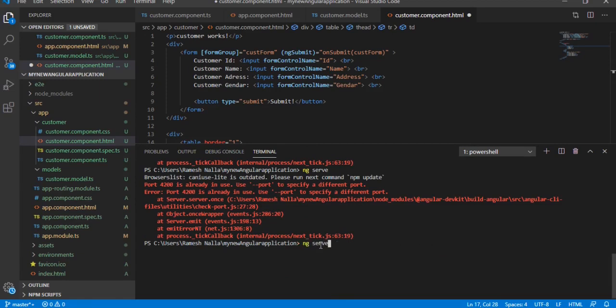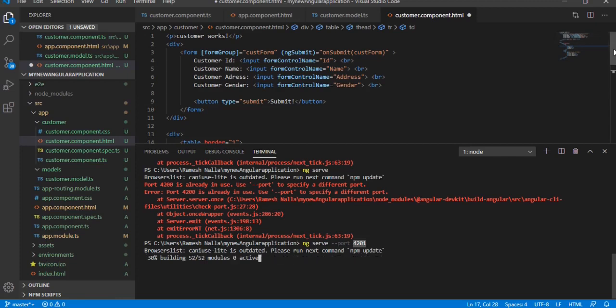It is giving an error: the port number 4200 is already in use. So I am just running on port number 4201. So it is building, the application is building.